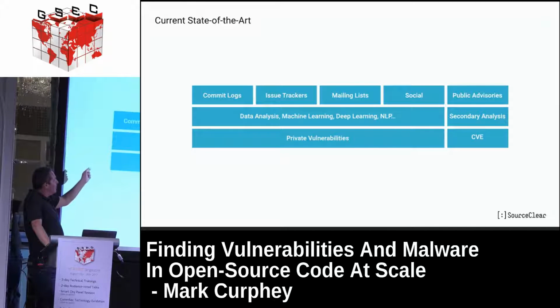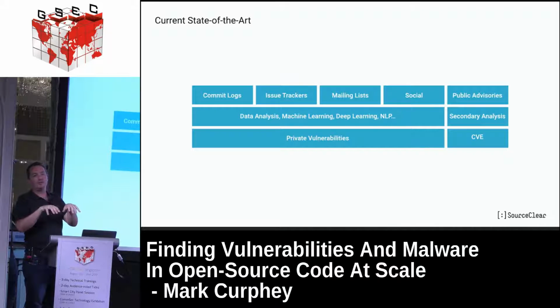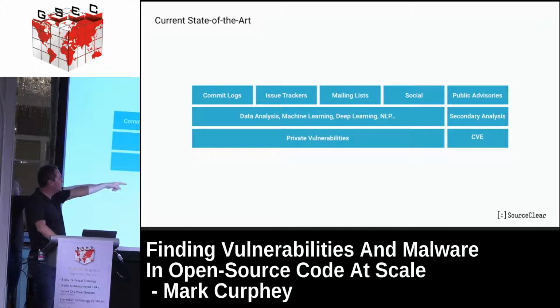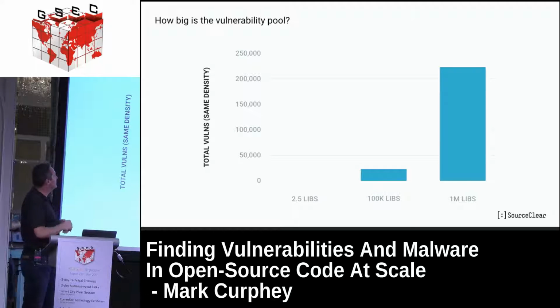So we've been spending a lot of time running both data analytics and experimenting with some machine learning to parse those commit logs at scale, and it turns out it's an incredibly rich source to find out where they are fixing issues that they either just can't be bothered to tell anyone, or simply putting the information in there but don't go up and get a CVE. And these things turn out to be essentially private vulnerabilities.